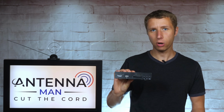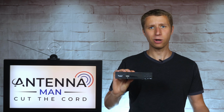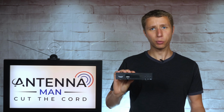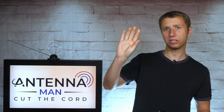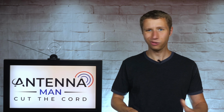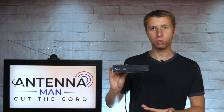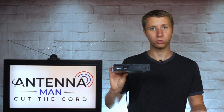Many times when you run a channel scan, you won't get all TV stations in your area, no matter what antenna you have. The average person would probably just keep moving the antenna around, run a channel scan, and hope for the best. That's not the way to do it. With this converter box, you can manually add channels that don't show up on a regular channel scan because the